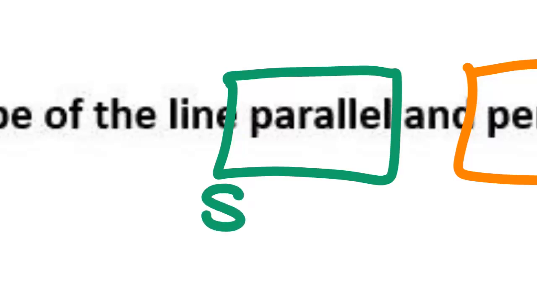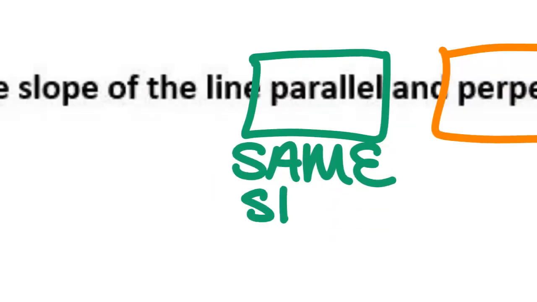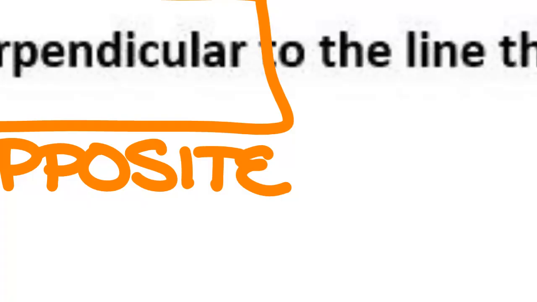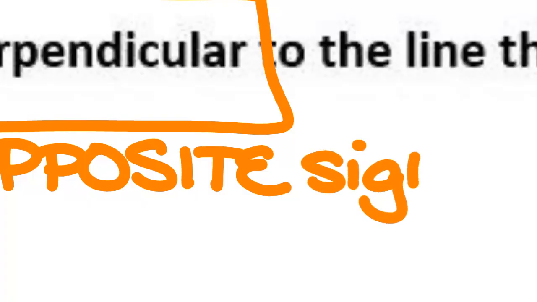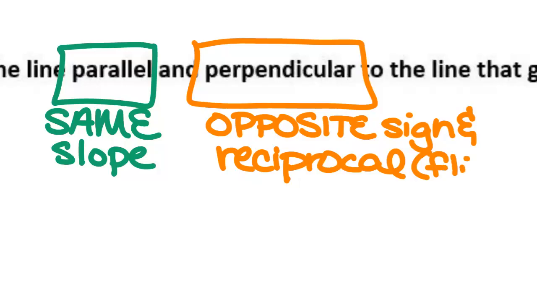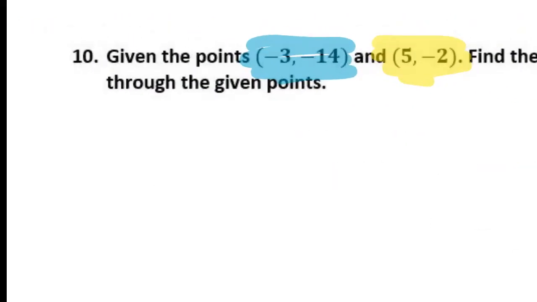Same slope, yes, different y-intercept, but same slope. Yes, perpendicular is opposite reciprocal. Opposite sign, and reciprocal, which is where we flip the fraction. Slope. So we're going to need to find the slope